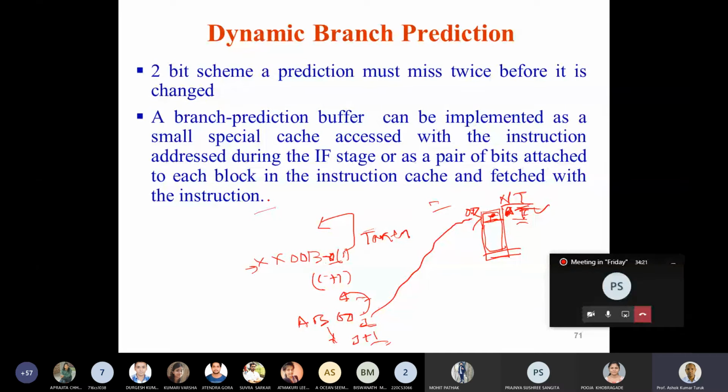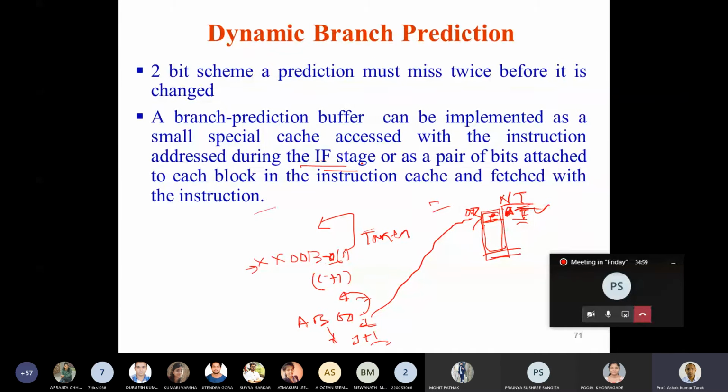Now you go to the instruction decode stage. In the instruction fetch stage, you do not know what type of instruction it is. The instruction that you have accessed may be an ALU instruction, or an ALU immediate instruction, or a branch instruction, or some other memory instruction. We do not know what type of instruction it is, but you are accessing the buffer using the lower order address index, and we know that a read is a non-destructive process. You access it, and if you require it, you use it. Otherwise, you can discard it.